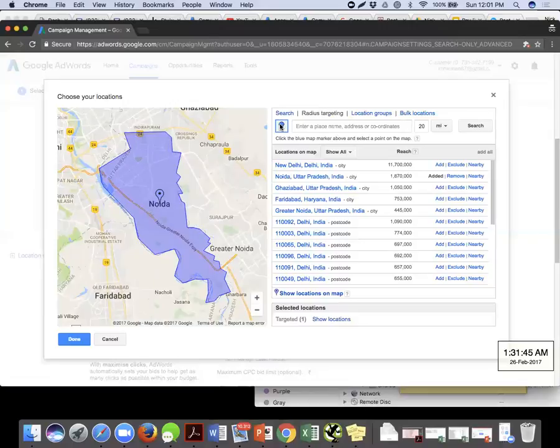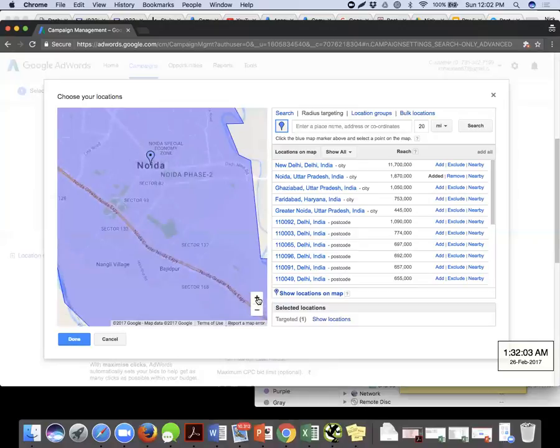Once you have clicked onto this, whenever you click anywhere on the map, that portion will be taken as a central point. Now, if you zoom in further by clicking on the plus and minus signs, you can find out where we are sitting right now. So this is all sector 43, 60, 137.